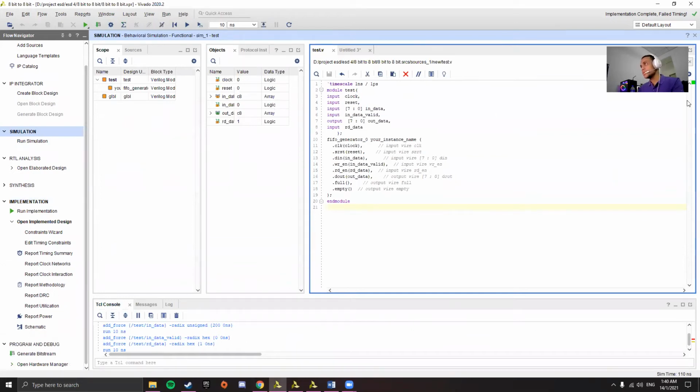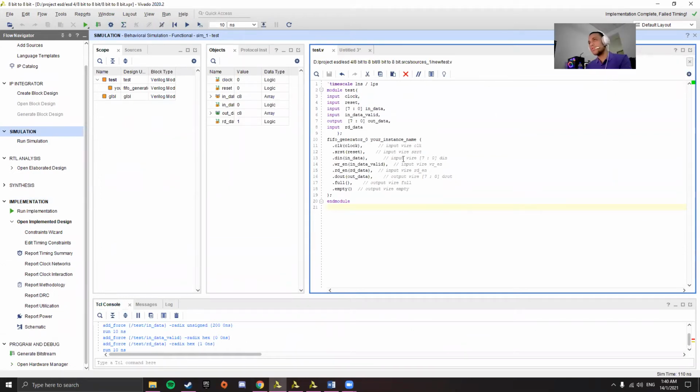I will show you the coding for the IP core FIFO generator, first in, first out. So we're going to use 8-bit to 8-bit. As you can see here, the coding declares that the input used is 8-bit input data and produces 8-bit output data. So as we run the simulation,